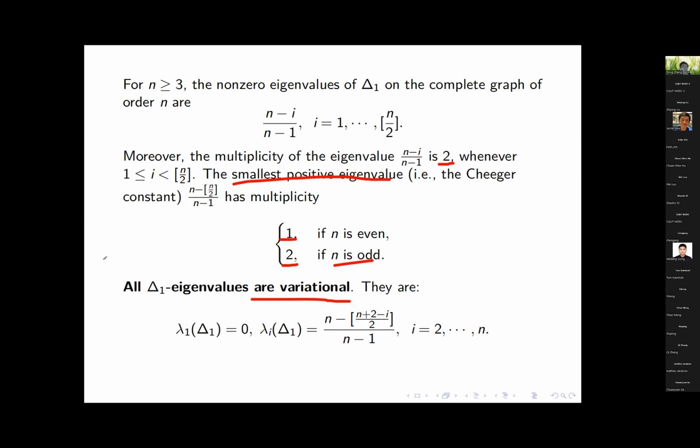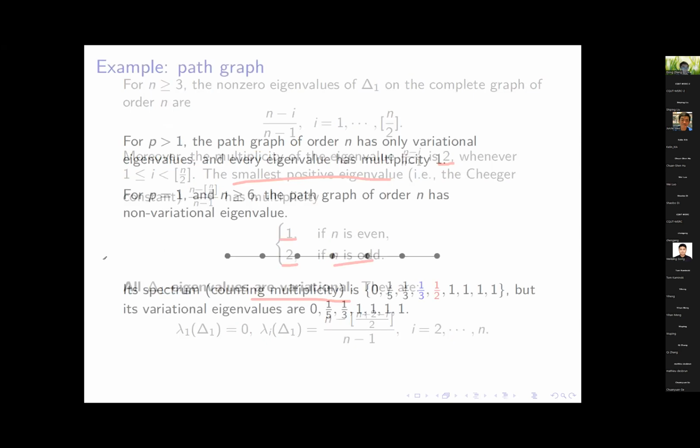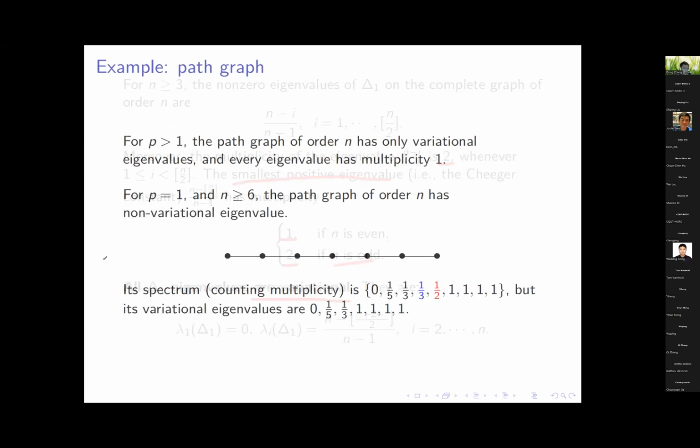Okay, the next example, the path graph. For p larger than 1, the path graph of order n has only variational eigenvalues. But if we look at the 1-Laplacian, then the path graph of order n with n larger than or equal to 6 has non-variational eigenvalues. Again, let's see the path graph of order 7. Its spectrum is listed here, and its variational eigenvalues are listed here. And you can see that 1/2 is an eigenvalue of the 1-Laplacian on this graph, but it is not